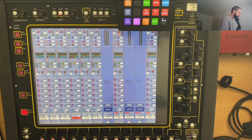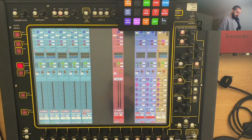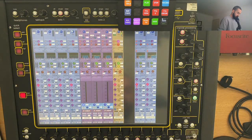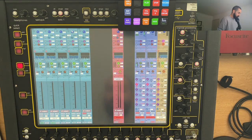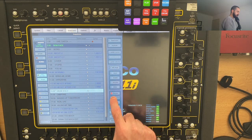To get that going, you've got to set up an extra external control, and I use a channel somewhere here called Reaper, which maybe isn't assigned to a layer, but I might come back and chat about that. So